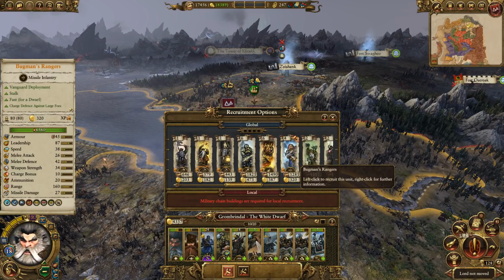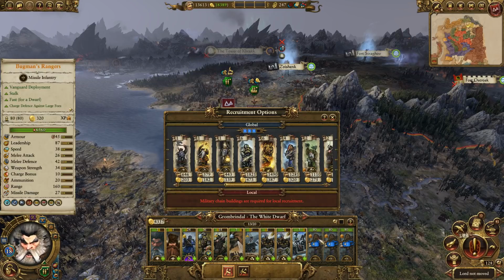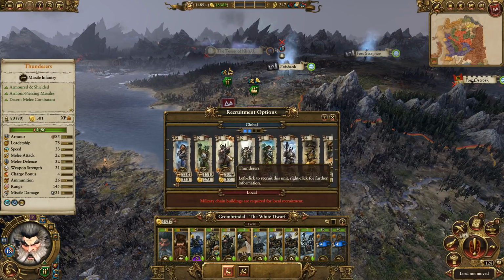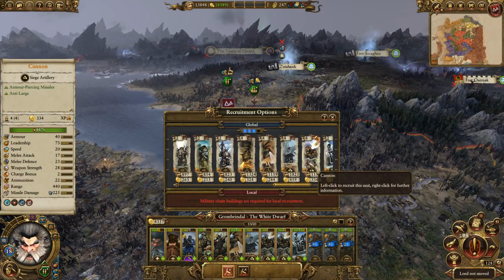Yeah, you know what? I think it's worth the extra turns of recruitment. I was really impressed with these things. Oh, but we're going to be fighting a lot of chaos, so we do want some armor-piercing ranged as well. Let's get another unit of Quarrelers or Thunderers in here. And then...